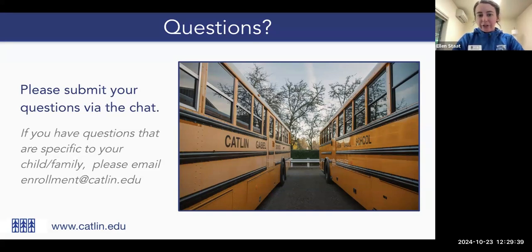Some families would prefer for it to be all or nothing, for either both of their students to be admitted, or for it to be a wait pool decision for both students. So we do leave that up to families, and then we honor family requests. And also, as part of our admission process, as much as possible, we do everything we can to try to keep families together.